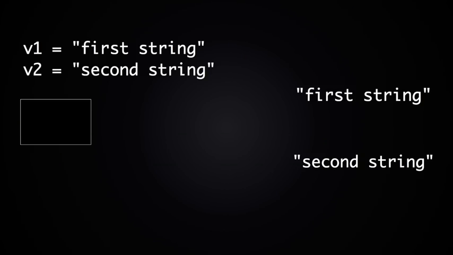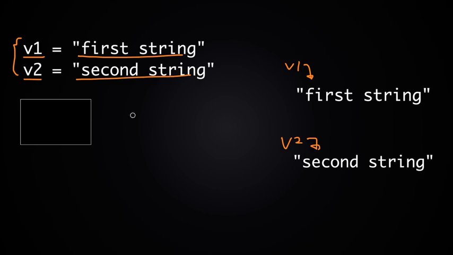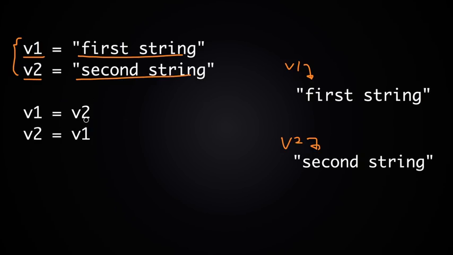When you see this problem, you might say, well, it's actually pretty simple. Once we have v1 equal to first string and v2 equal to second string, so that's v1 referring to this string and v2 referring to this string, we can just write v1 equals v2 and then v2 equals v1, and we're done. But actually this solution is wrong, because when we execute this line, v1 equals v2, v1 now refers